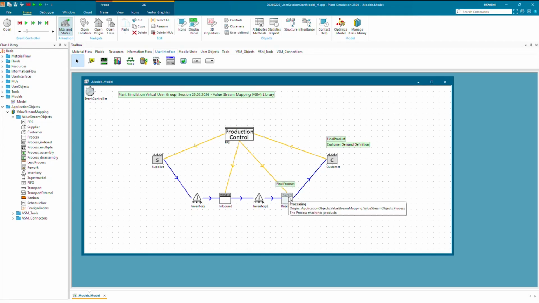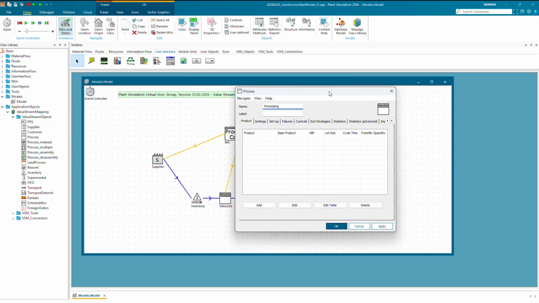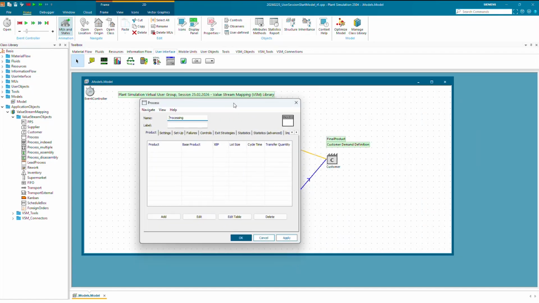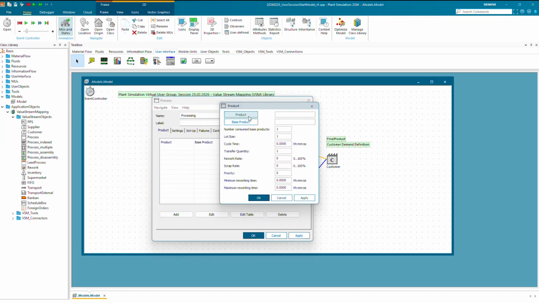So in processing, we also open up the dialog, quite similar, and the mechanisms for the product assignment is always the same. So you have a table for different products, since we can assign different products to each station. So customer can order different products, station can produce also different products. So for here, we would add the same product. So here's a pre-selection of this product available.